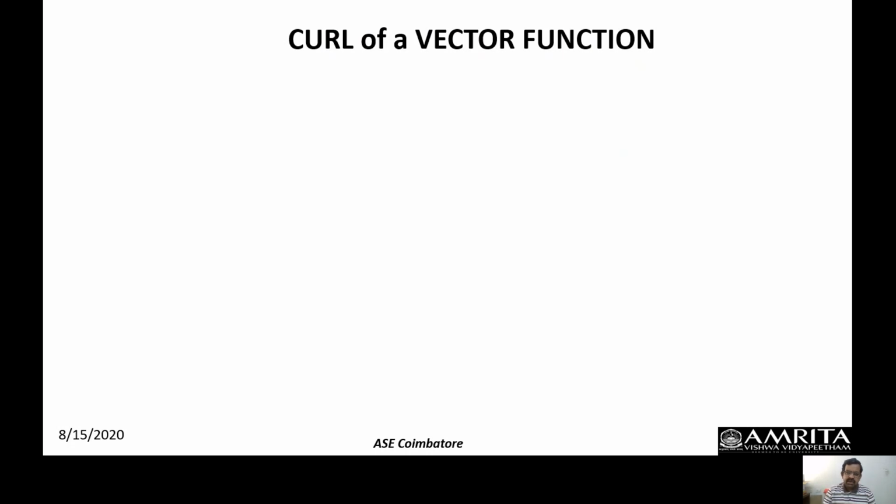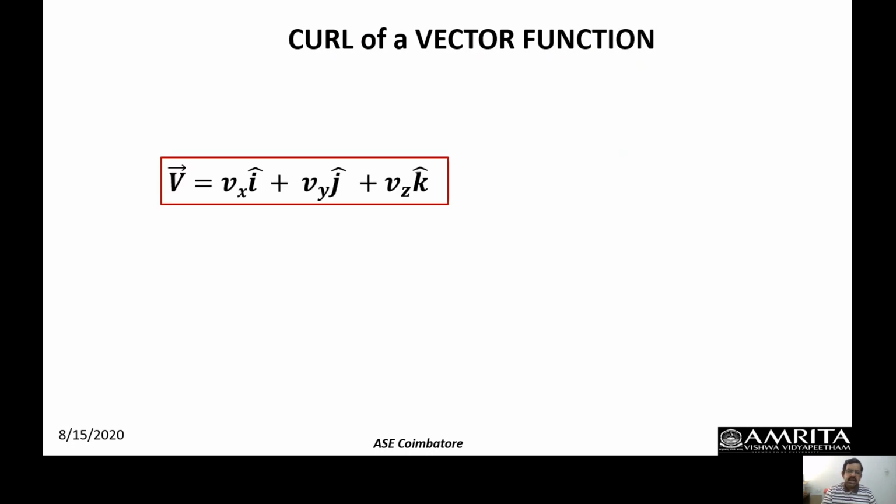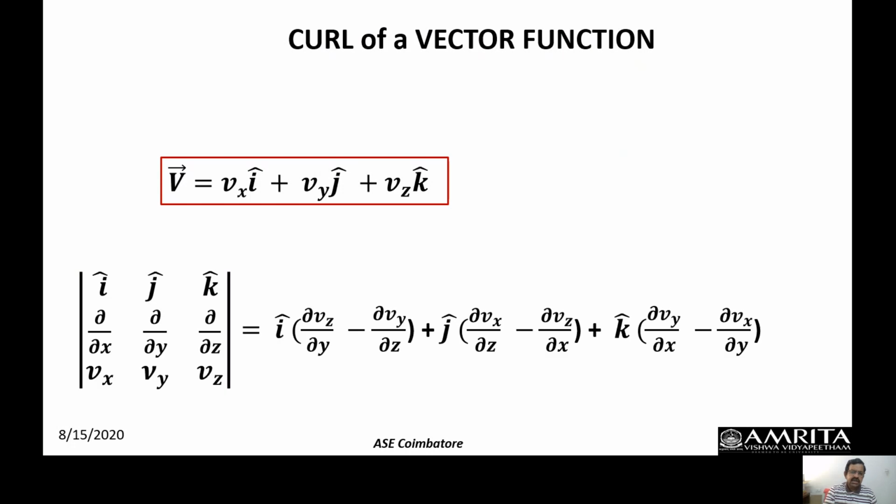Okay, we'll keep harping on this curl throughout. The curl operation is nothing but the cross product operation taken on a vector function with the del operator. That is how we define the curl. Given a vector function v equal to vx i hat plus vy j hat plus vz k hat, where vx, vy, vz respectively are the components along the three directions, we can represent this curl, del cross v, in a determinant form and expand this.